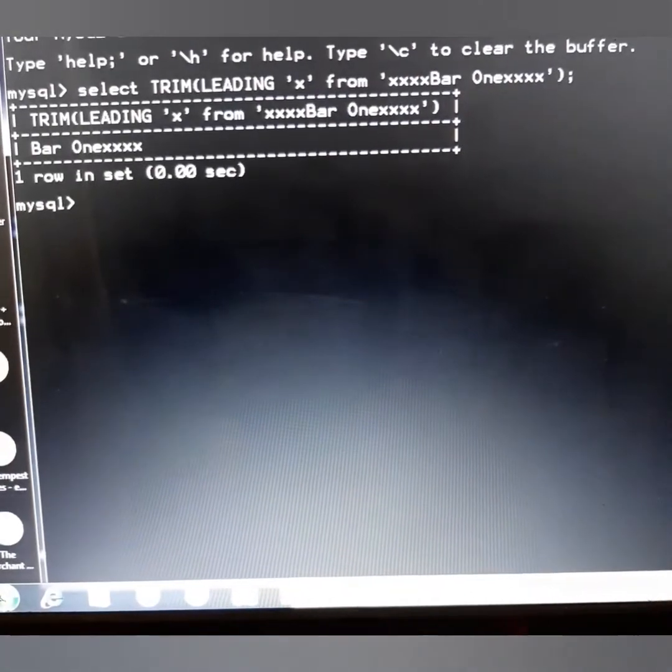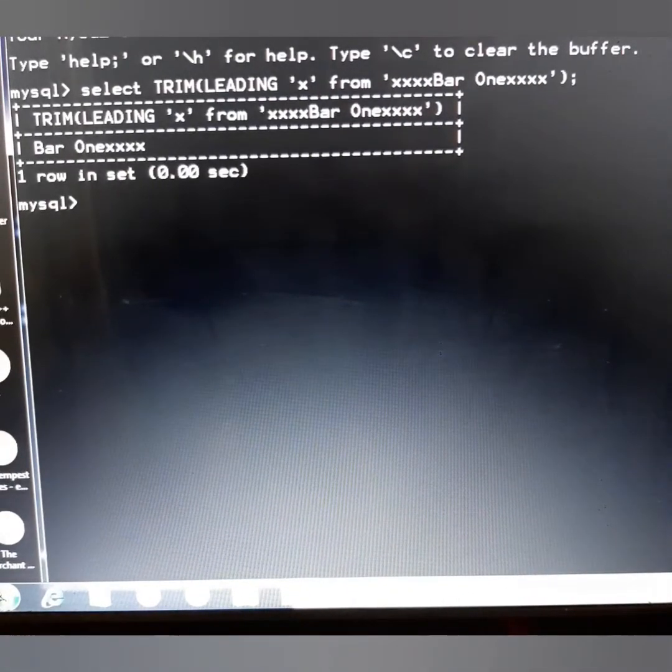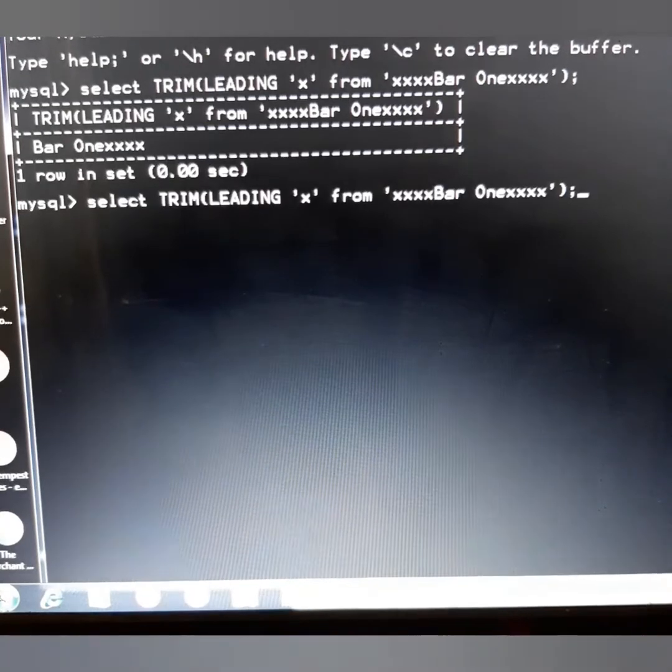So now we can see that the string has come, removing the spaces from the left hand side and from the right hand side also.